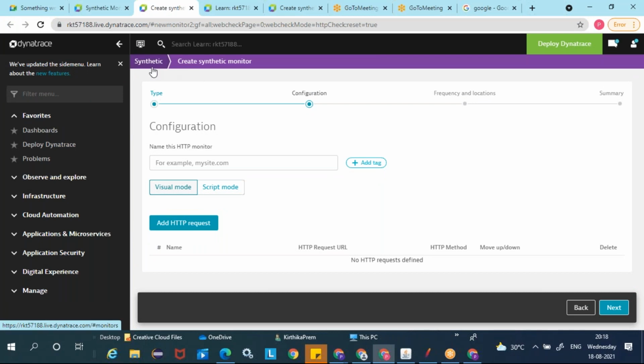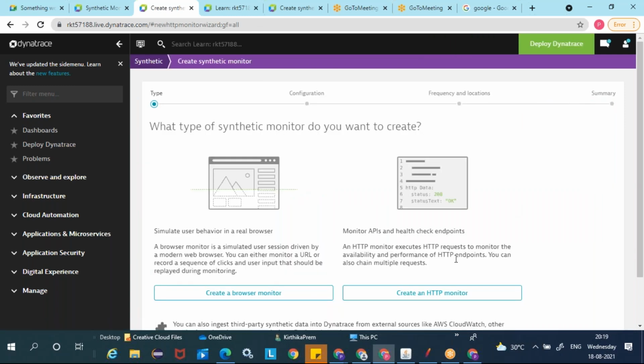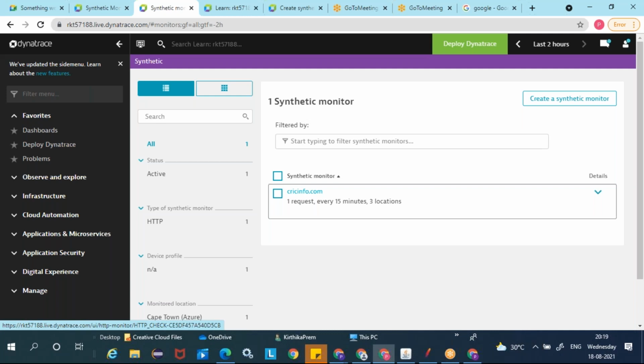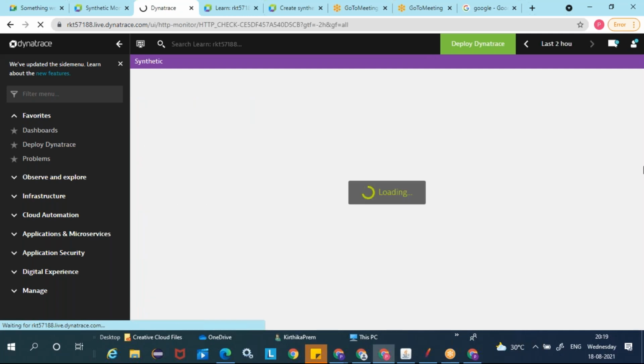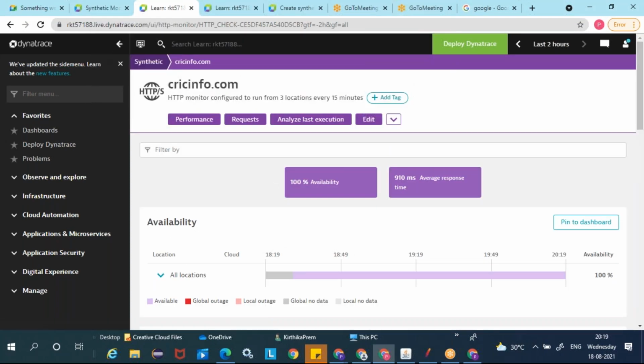So there we are going to look into the synthetic monitoring option. Okay, here we will learn how to create the synthetic scripts. How can we create the HTTP monitors? How can I create the browser-based scripts, right? So all these options we will look into: creating an HTTP monitor, creating a browser monitor, and then configuring against different locations, frequency, and once it is configured and running, we'll learn what to monitor, what we will look into in terms of availability or response time.